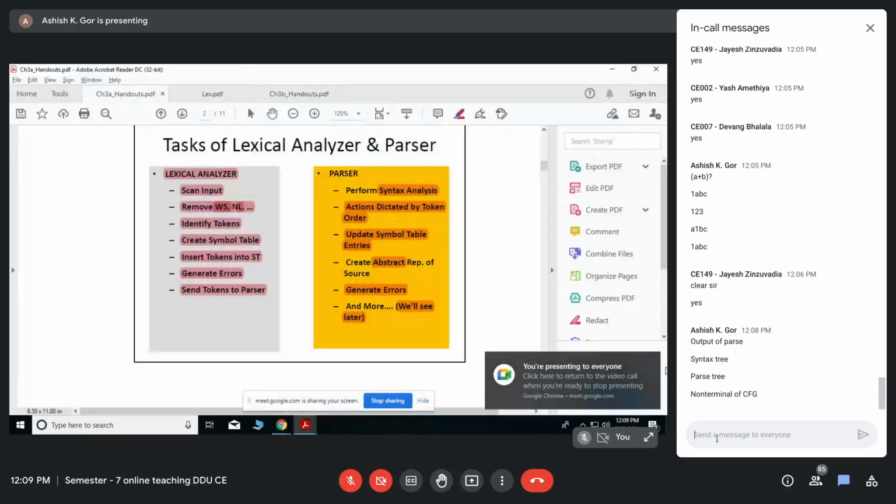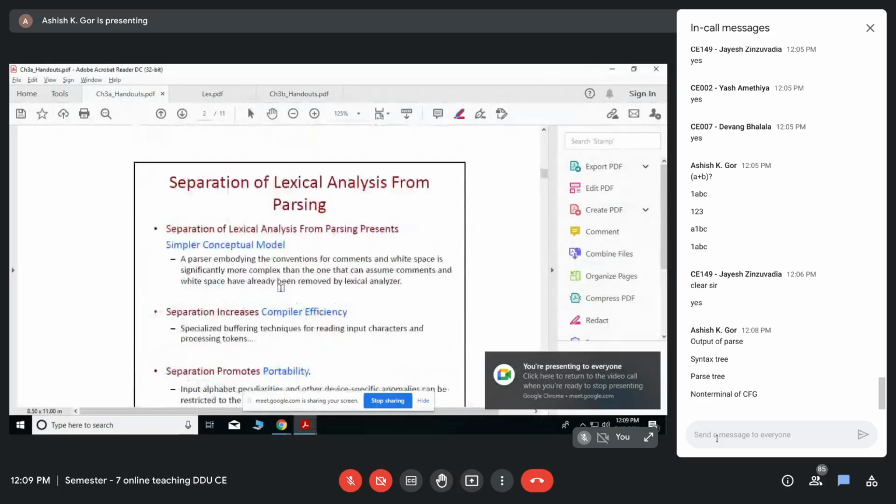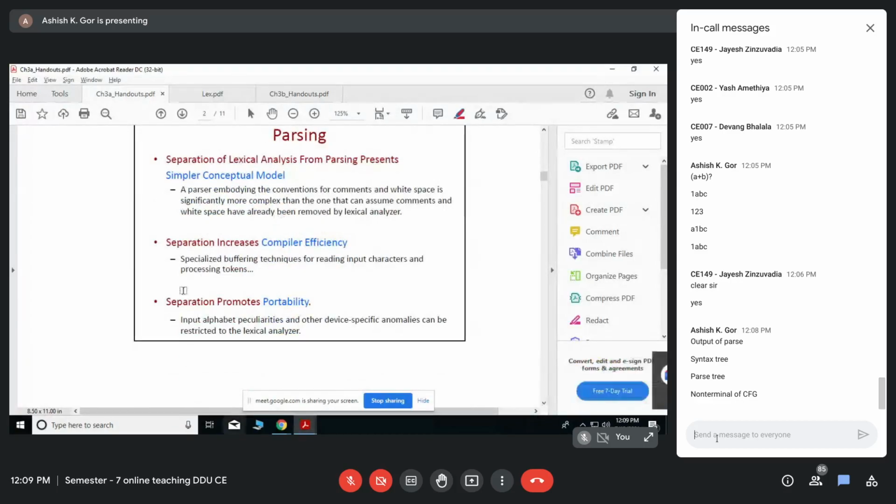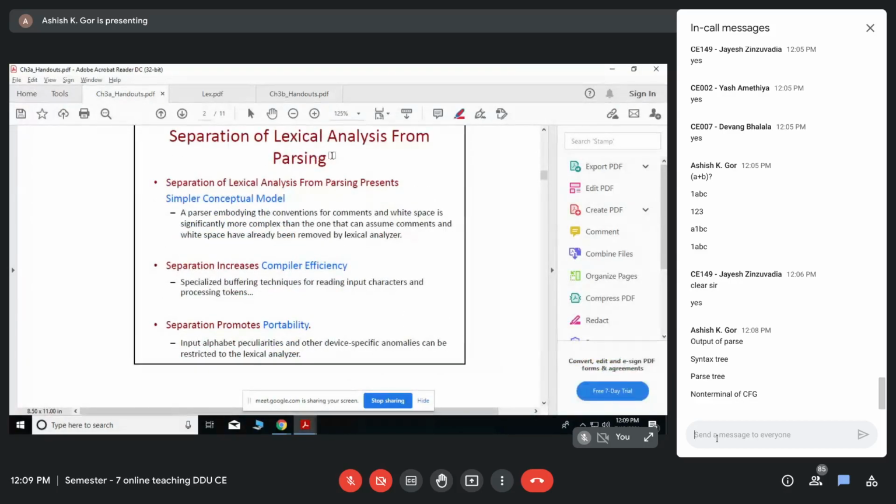Okay, so this is the task of lexical analyzer and parser. This we have already seen, let me revise it. Why separate lexical analysis from parsing? Why can't I combine these two things in one piece of code?